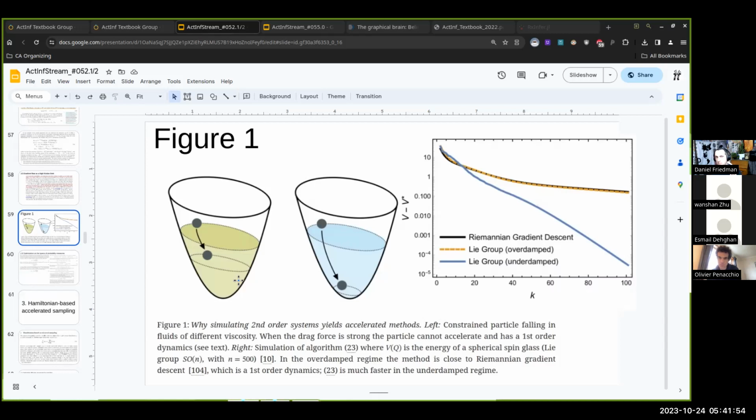So if your jump is too big, I don't know if you'd say you're getting aliased on that space, but if you're taking too large of jumps, you're not actually going to detect the regularities of the landscape. You'd be on the side of the bowl and you'd overshoot and you'd find yourself way off the curve. You'd have to recorrect back to the curve. And then you'd find yourself going way down here. And so then there's this kind of second order inference question about what the delta T should be. And then they talk about that in terms of the ball rolling to the bottom of the hill with different fluid viscosities.